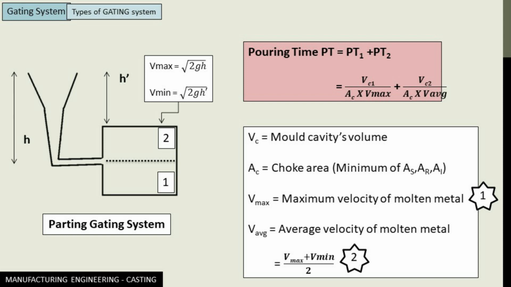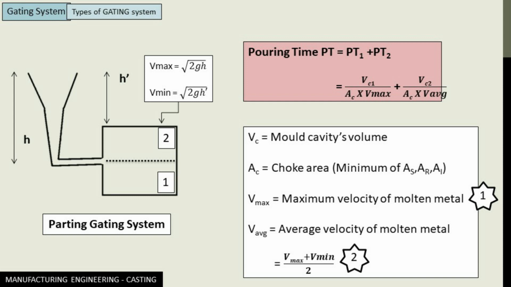In case of section 1 here, that is the bottom half of the cavity, the velocity that we will have would be Vmax, because in the bottom half, or section 1, of this particular setup, we are dealing with a top gating system type of scenario, and hence the velocity will be maximum. Whereas in the upper half, the velocity would be termed as the average velocity, and hence the pouring time can be calculated as Pt1 plus Pt2,